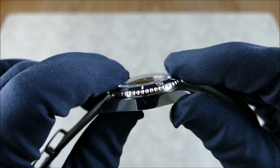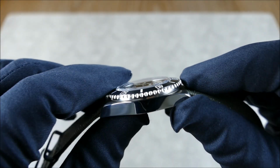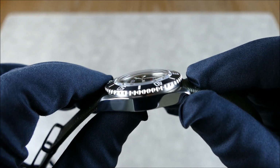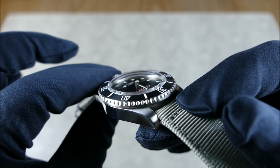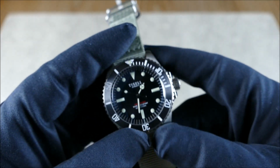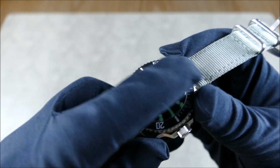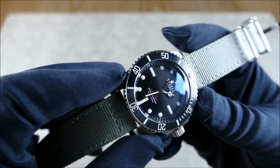It's not quite a big, huge bubble dome, but it's somewhere in between a double dome and a box dome, and I think it looks really, really nice. And it does give you a little bit of play and distortion, but at the same time, still keeps things rather legible. Now, another thing you might have noticed here is that the ceramic insert is brushed, which is really